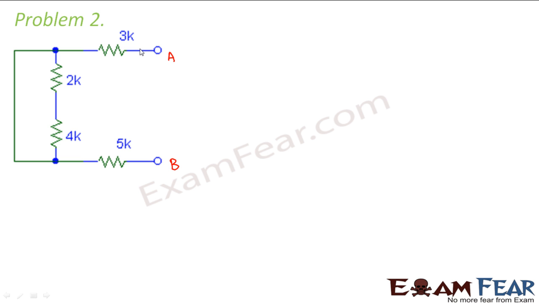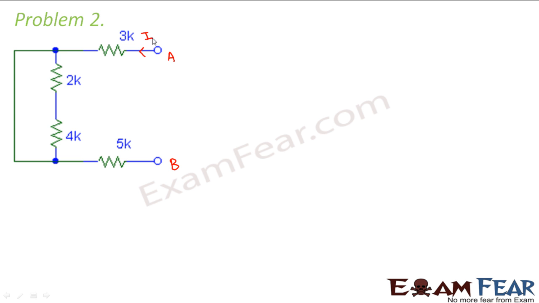Whenever you want to calculate the equivalent resistance of a circuit, the first step is to see how current flows through the circuit, because that helps you not only to identify if the resistances are in series or in parallel, it also tells you whether a particular resistance plays any role in the equivalent resistance of the circuit or not, right? So here also, let us first look at the current.